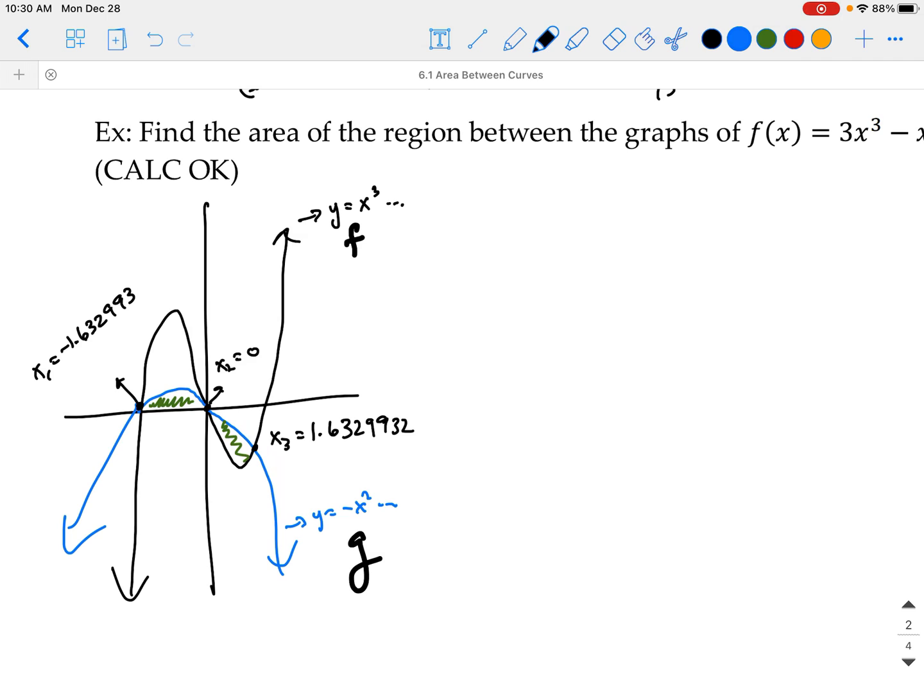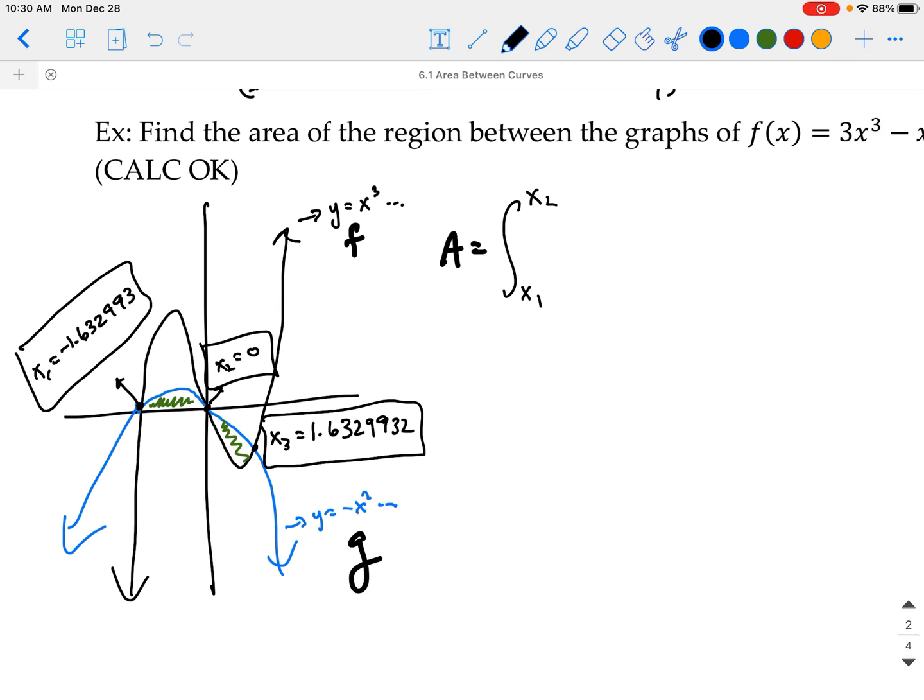F and G. All right, so the area then is going to equal the integral from x1 to x2. Note, I've already labeled them. I've given them names. Right, x1, x2, x3. So you don't need to rewrite the numbers unless you really want to, you can. But as long as you have them clearly labeled and named, you can just use the name that you've given them. So we'll have, for our first region,